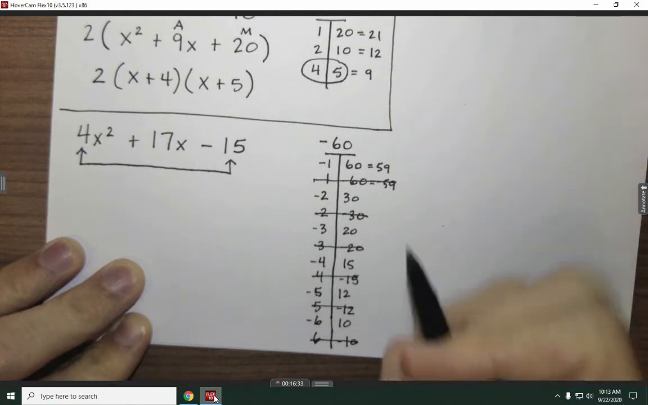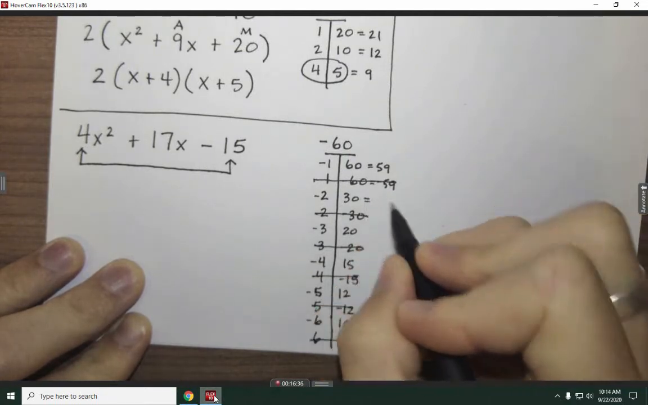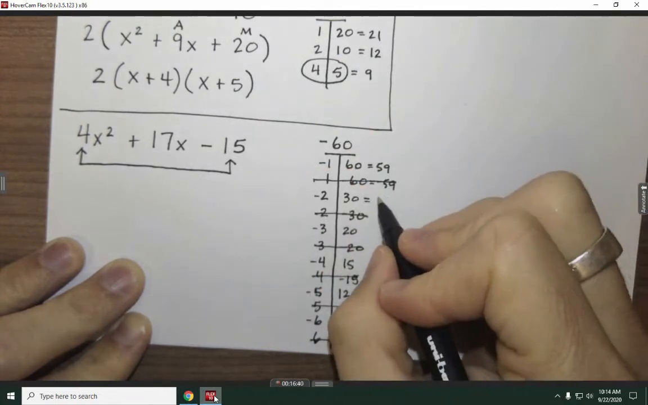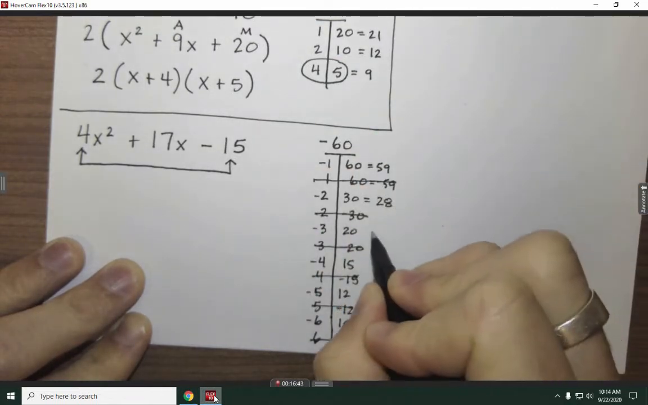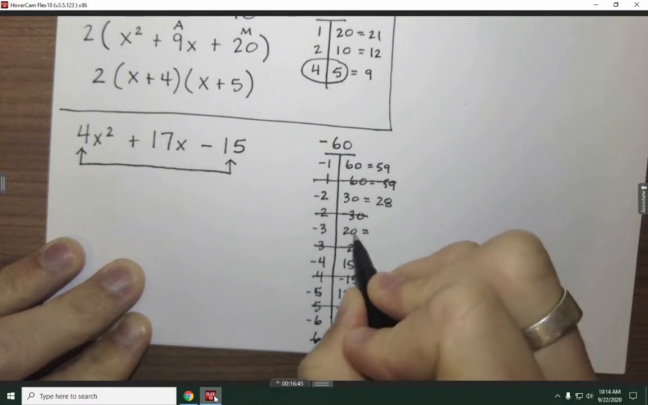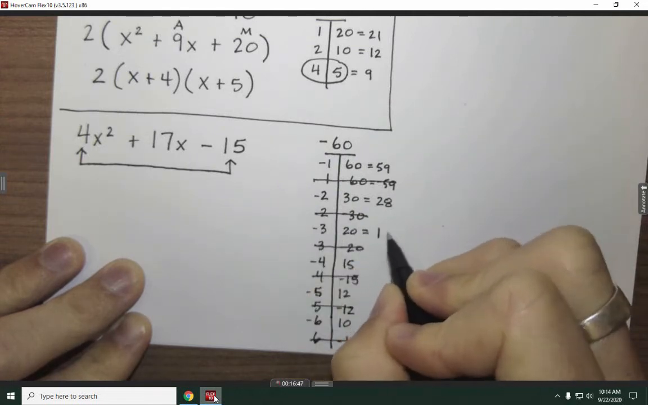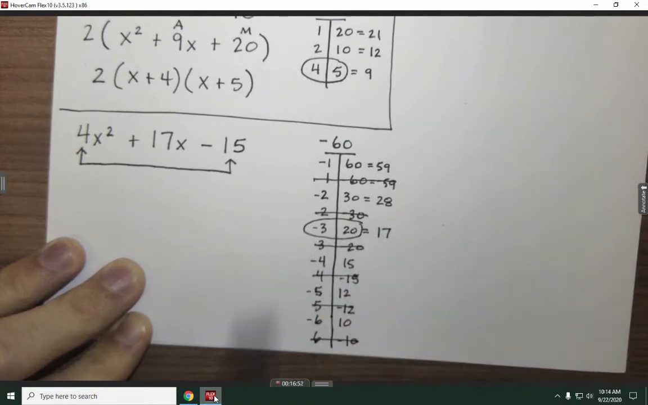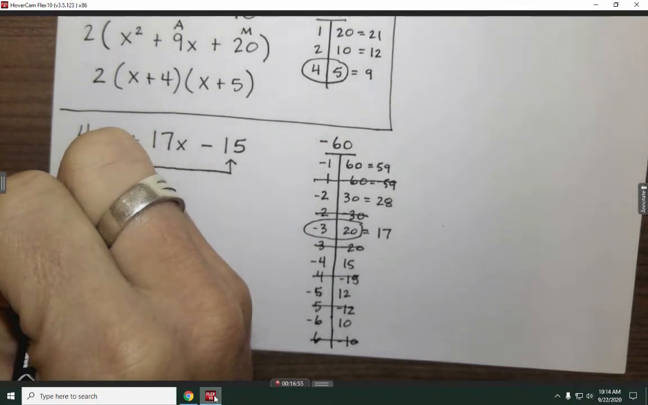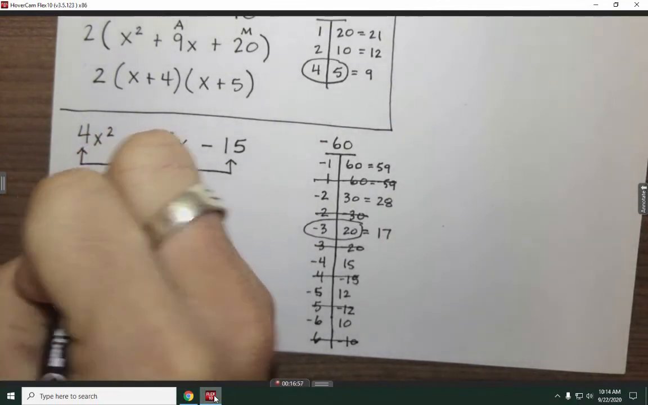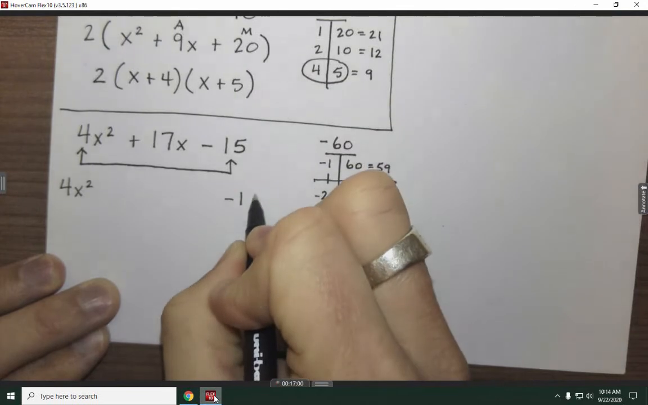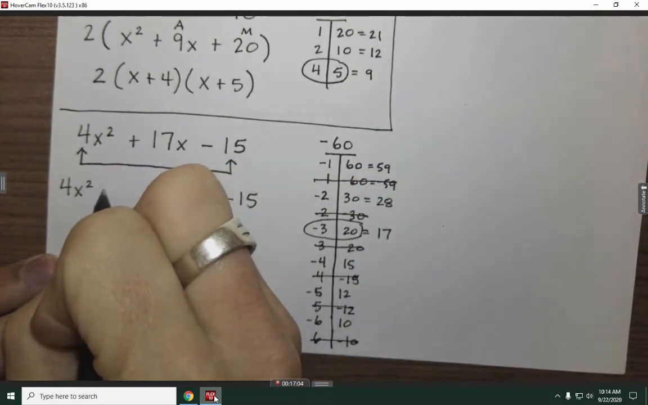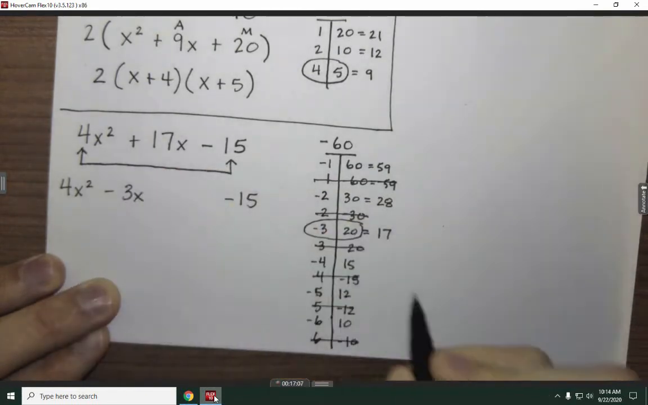Okay? If we keep going down the list, we're going to get a 30, and we can think about this like it's 30 minus 2, which is 28. That didn't get us there. And finally we've arrived here. 20 minus 3 is 17, which is what we're looking for. Okay? So what we're going to do is write our first term and our last term. And so our middle term is going to split into these two things. So we're going to have a minus 3x and then a plus